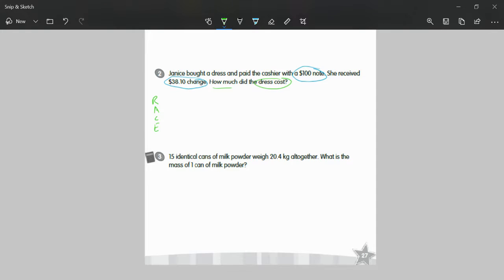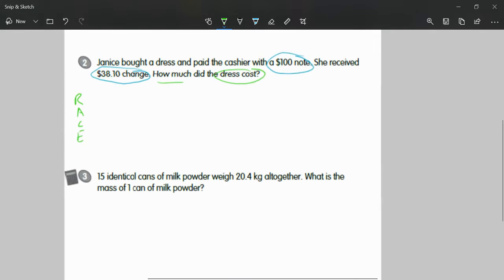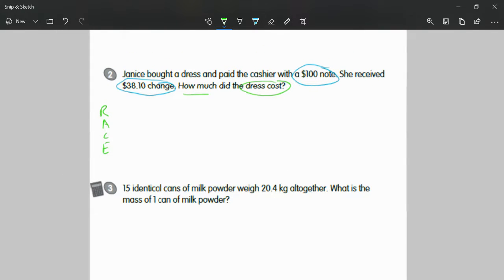Janice bought a dress and paid the cashier with a $100 note. She received $38.10 change. How much did the dress cost? Okay, so she bought a dress, paid $100 and got some money change. So I've done my reading. So you know that she paid more than what the dress cost. That's why there's a change. So you will know that the dress cost,